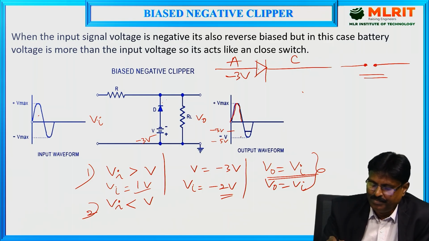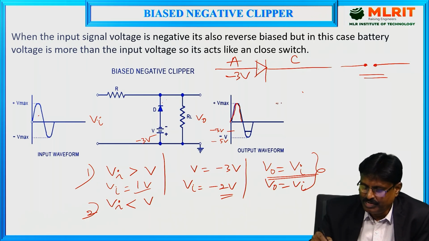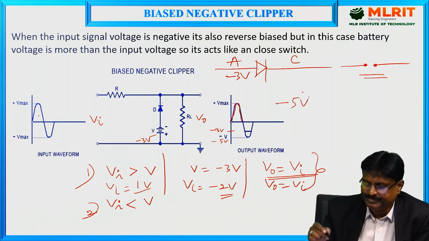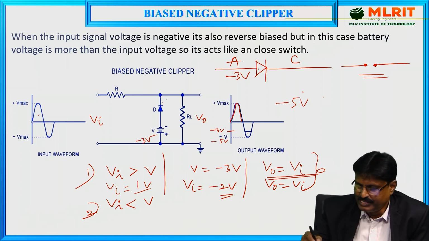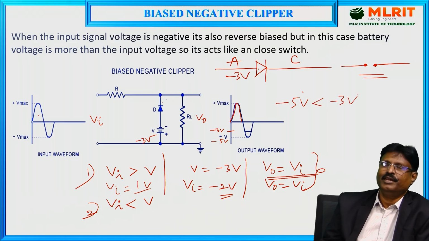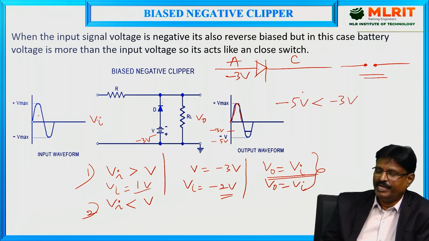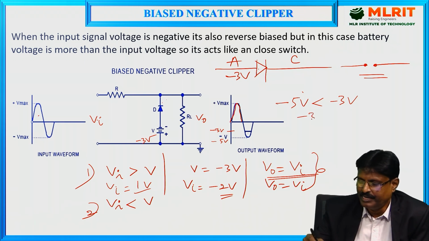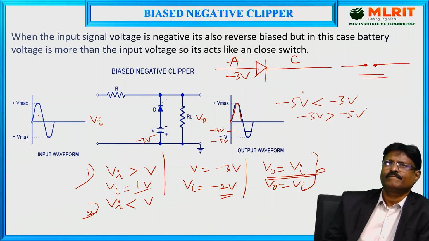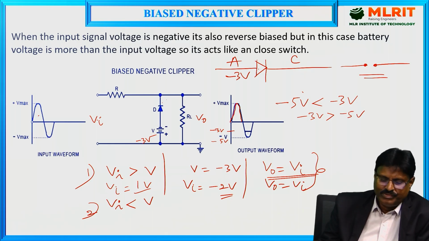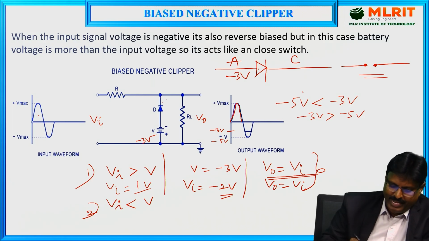And here, what is the peak value? Minus 5 volts. So don't confuse here: minus 5 is less than minus 3 volts. Do you agree? These are negative values, don't confuse here. Minus 5 is less than minus 3, or we can say that minus 3 volts is greater than minus 5 volts. Right? So that's why, taking Vi less than V, I am taking the value of Vi as